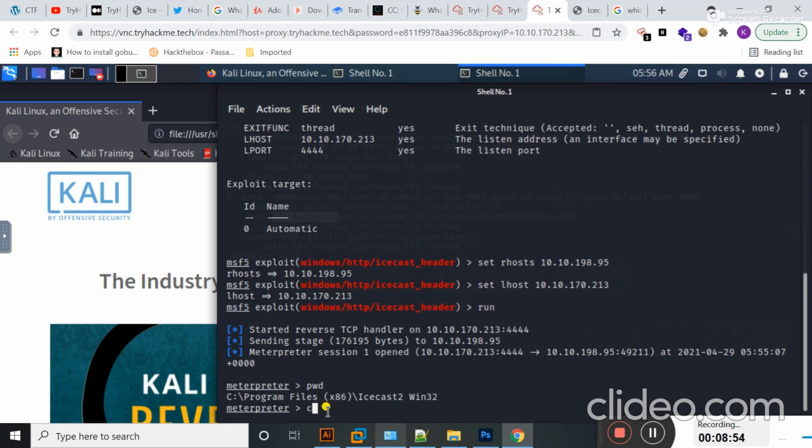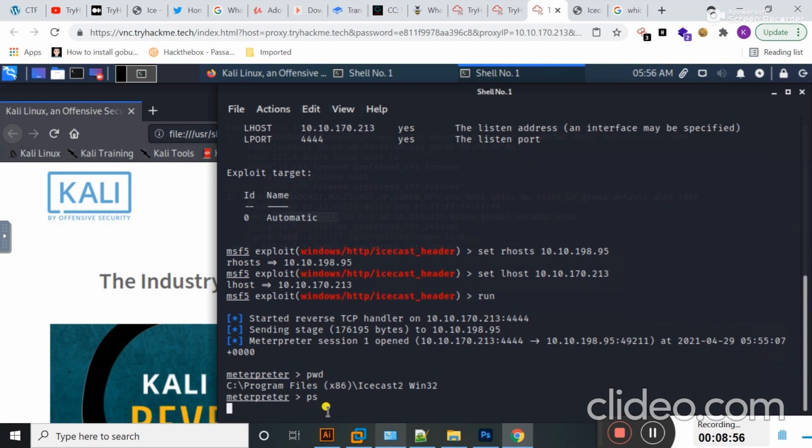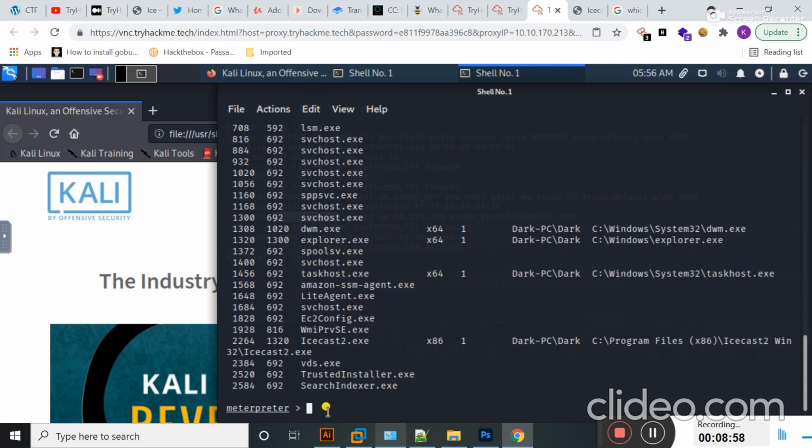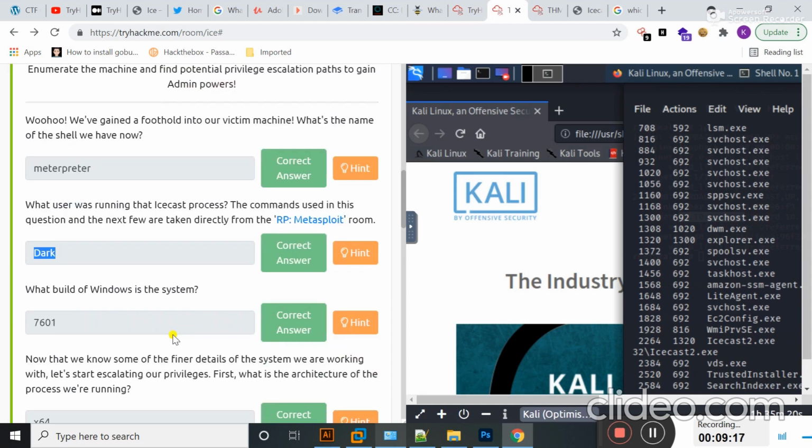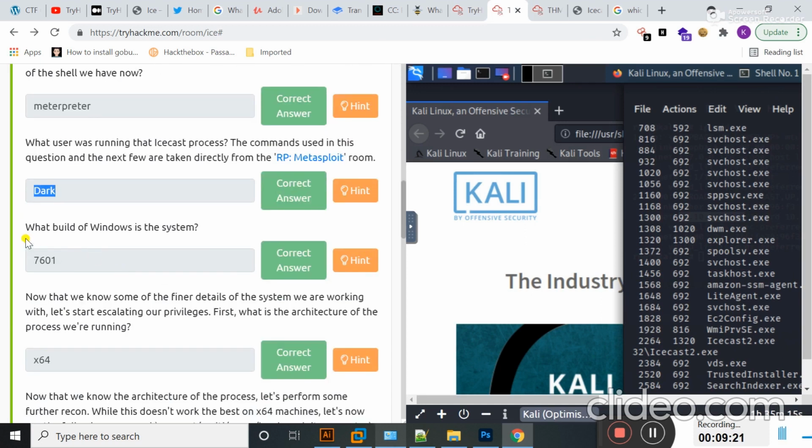So guys, if I type here the ps command in order to find which user is running this process, here you can see the icecast process is running and the user that is running this process is dark. So the answer of this question is dark. Dark is the user that is running this process.